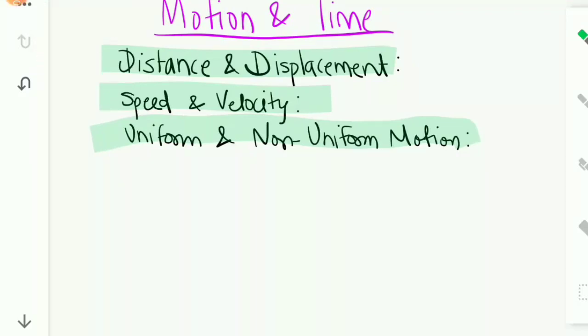Let's say you're traveling. How do you practically calculate the distance traveled? What about the speed of you? How do you calculate the displacement? Is it the same as distance? What about velocity? Is it the same as speed? To answer all of these questions, let's first understand what all of these terms mean.